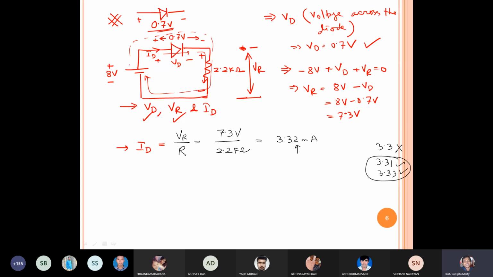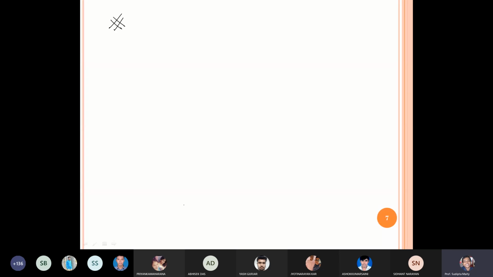The voltage across the diode can vary from 0.2 to 0.7 volt also. I told you in the last class yesterday. Most of the problems, the diodes are made using silicon substrate, so the voltage can vary from 0.6 volt to 0.7 volt. So you can use either 0.6 volt, solve it, you will get a result, or you can use 0.7 volt, solve it, you will get a result. Answer may be different, but don't bother about the numerical answer, just follow these steps, you will always get good marks. Now let's go to the next example.